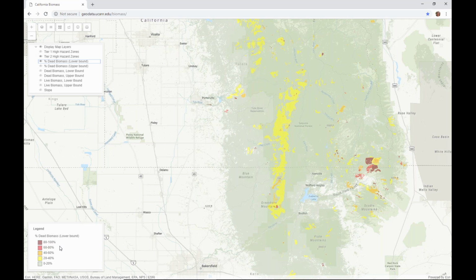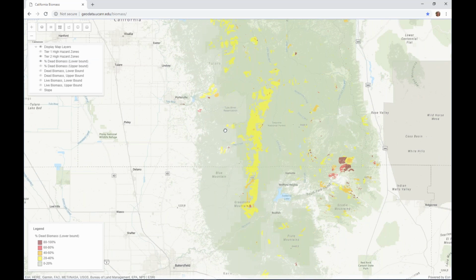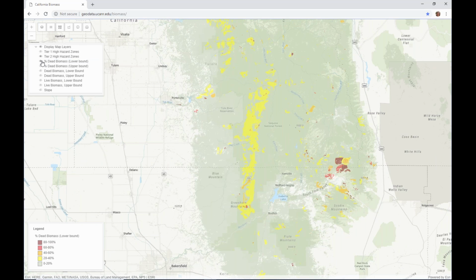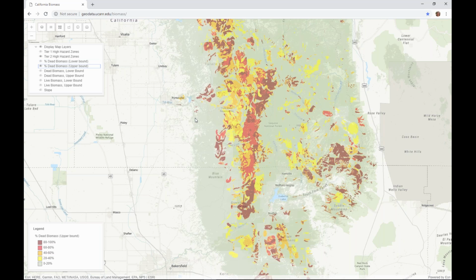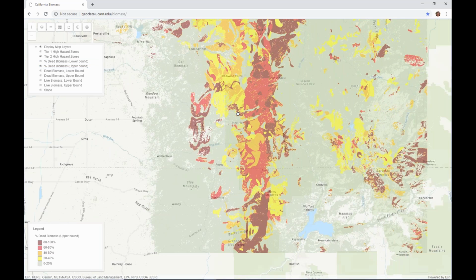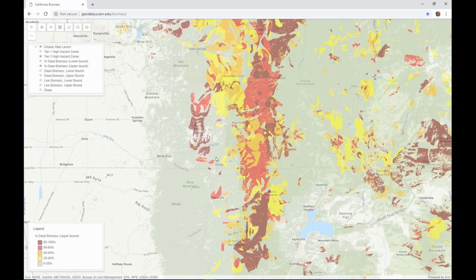It's a percentage of overall biomass that is dead. And lower bound, like I said, makes that assumption that ADS can detect trees 2.5 centimeters or larger, whereas the upper bound dead biomass, you can see the densities are much higher of dead biomass, makes the assumption that ADS detects trees 25 centimeters or larger.